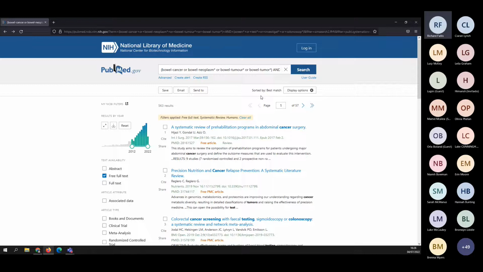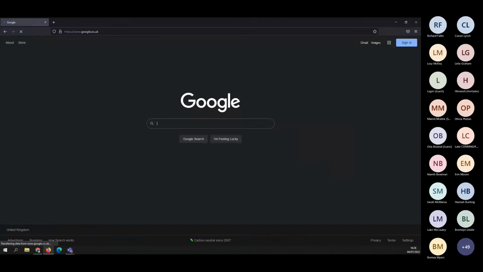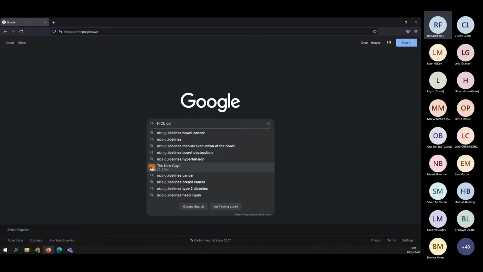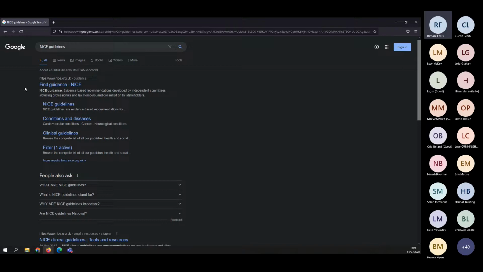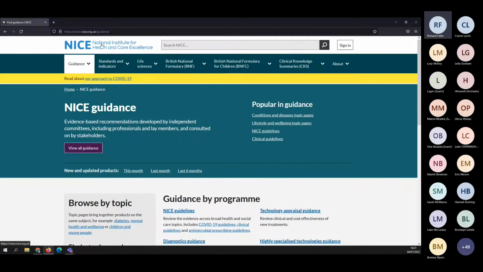But in terms of other places where you can look for good quality literature that might be a bit more straightforward to use than PubMed, if I go back to Google, another good source, particularly for people based in the UK and Ireland, are NICE guidelines. So if you just Google for NICE guidelines, it should be the top result. NICE stands for, it's not the best acronym, the National Institute for Health and Care